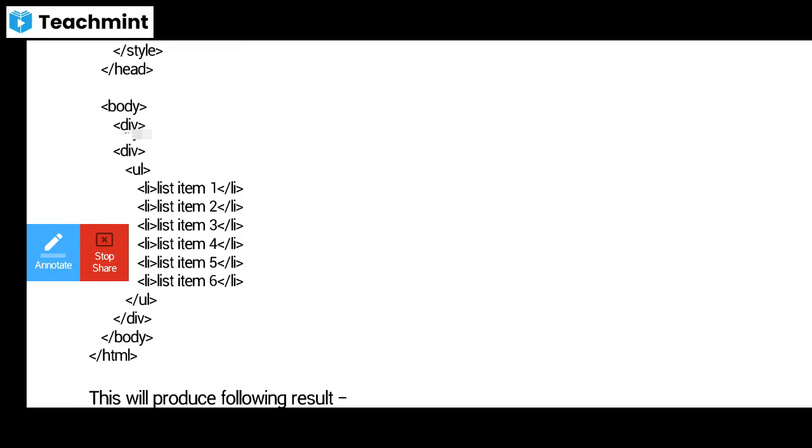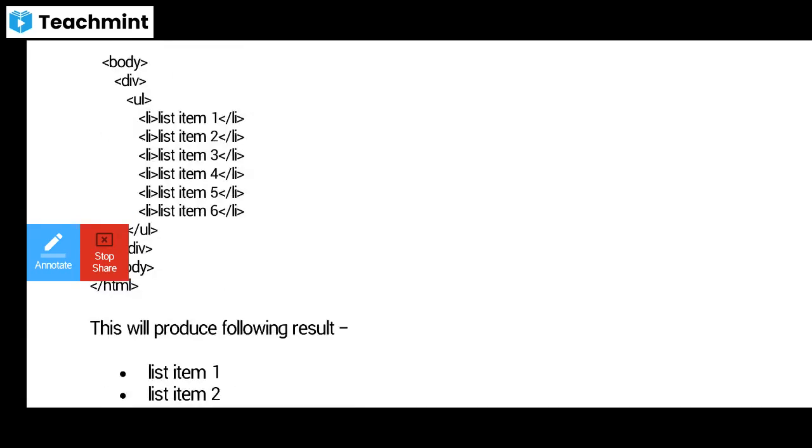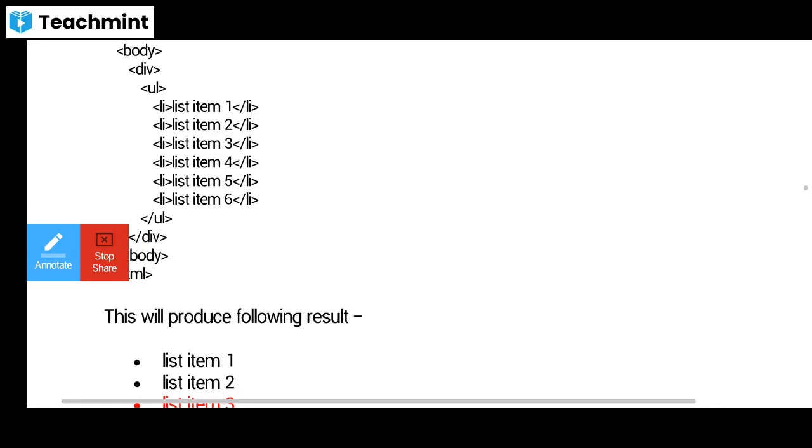So list item 1, list item 2 and list item 3, 4, 5 and 6. These are the list items, so we can represent them in the division class. Division is nothing but, if we are going to use some divisions, we need to specify some pairs, and different pairs we are going to use. There we are going to use the divisions in the HTML script. So like this.